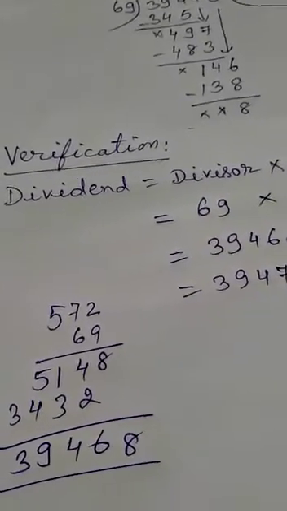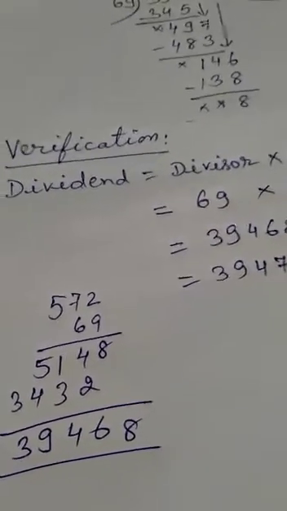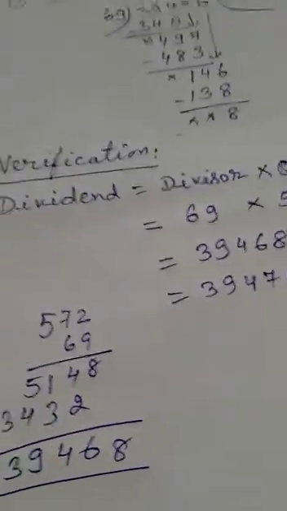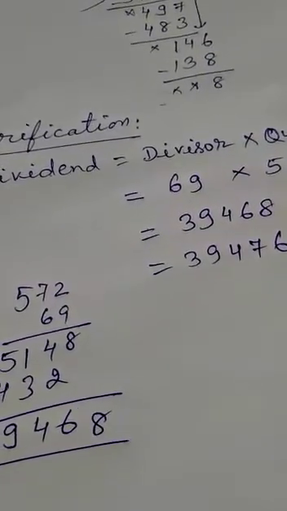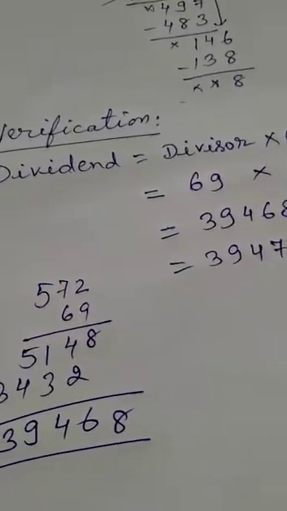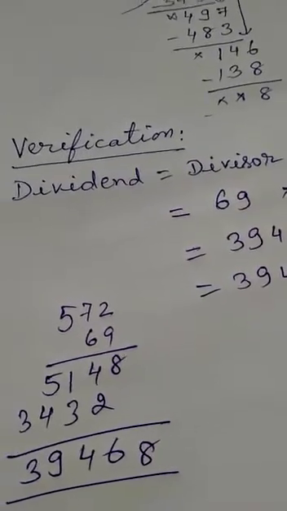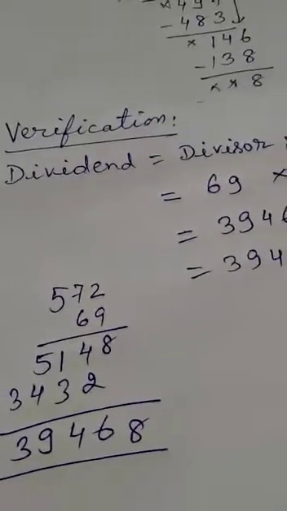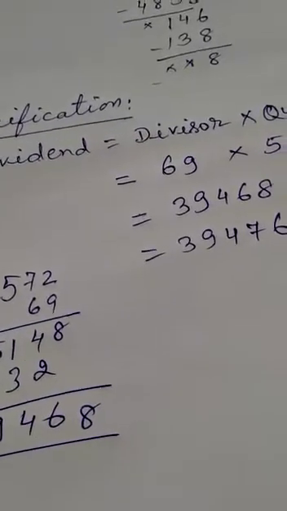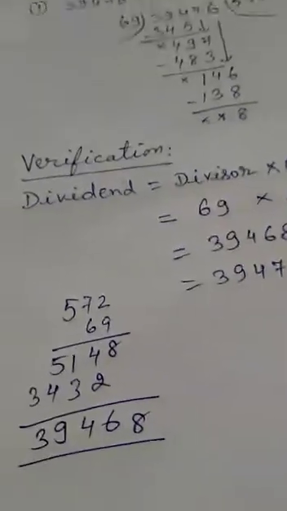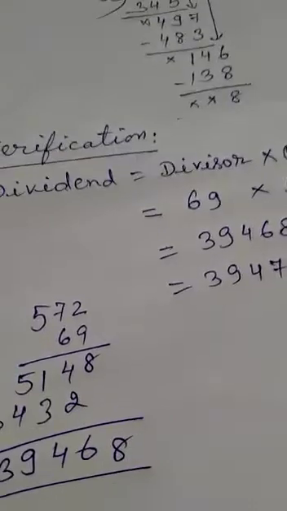Now, second, division of a number by 0 is not possible. It means when you divide any number by 0, it is meaningless. Like 300 divided by 0, it is meaningless. Now, division of 0 by a number other than 0 is 0. For example, 0 divided by 4 is equal to 0. 0 divided by 157 is equal to 0. So, when you divide 0 by any number, the result will be 0.